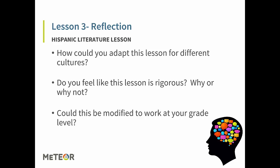A third lesson is on Hispanic literature. Jumping into Shakespeare is rarely considered an easy or welcome task for students, but putting it into context of their own culture can make a difference. Using the themes of family and cultural tension in Romeo and Juliet, students will be able to compare and contrast their own family relationships with their classmates, read for specific information, draw conclusions, and develop a vocabulary relevant to the